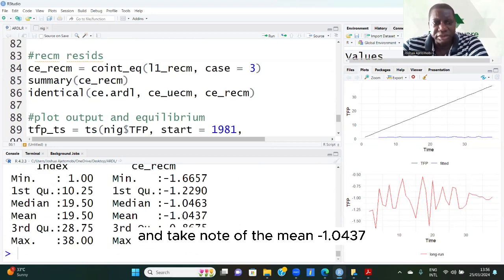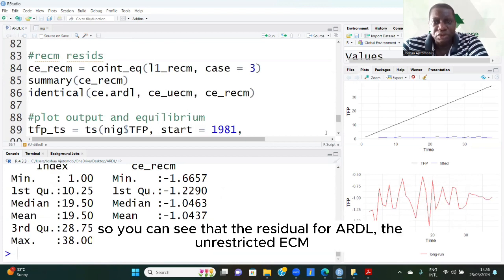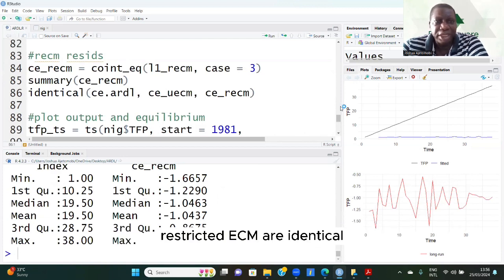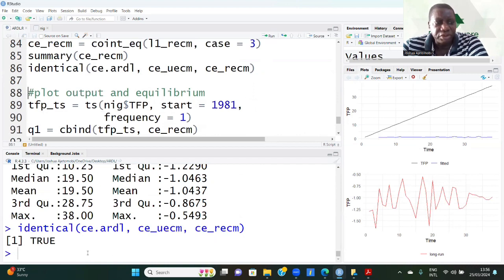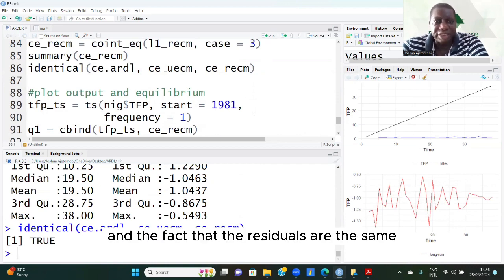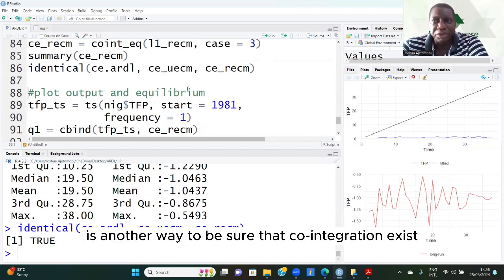And take note of the mean, minus 1.0437. So you can see that the residual for the ARDL, the unrestricted ECM, the restricted ECM, are identical. You may quickly wish to check for that there, because they're identical. And the fact that the residuals are the same is another way to be sure that